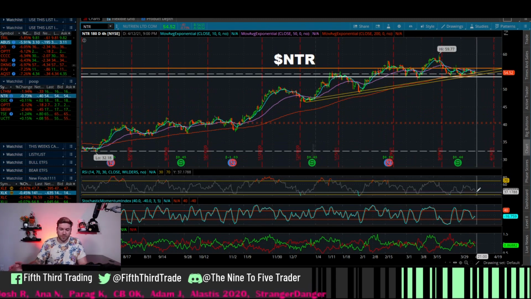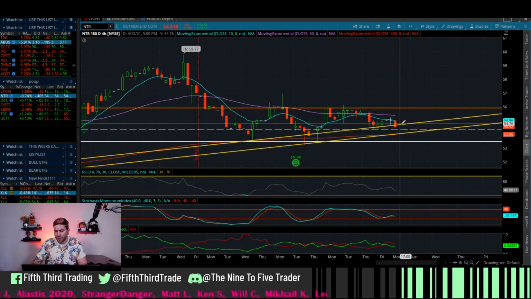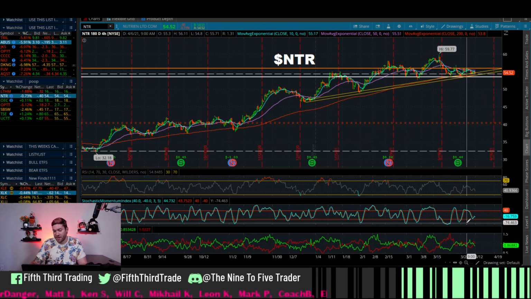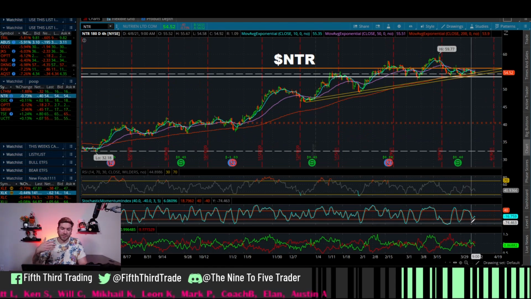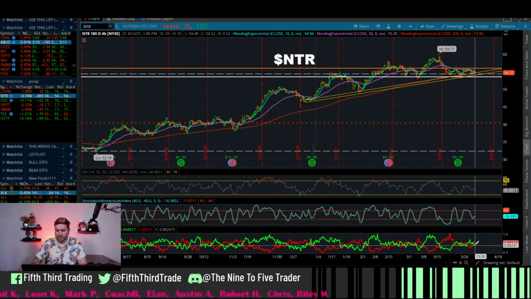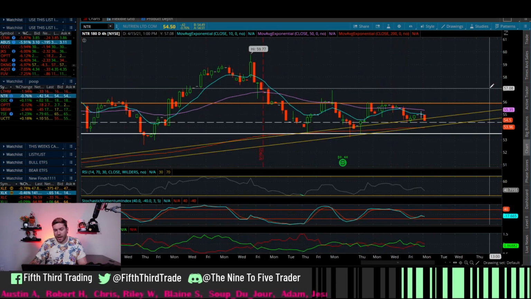RSI is low. Of course, it could be lower, but it is pretty low. That's pretty great. Stochastic was low, and it started to curl recently, and now it's coming back down. So we may be seeing a lower stochastic, maybe gets to like -74. If that's the case, that's the value. It could be a great buy there. And then it's consolidating. We can see bulls are losing some strength. Bears are getting overbought. We want to see the bears get a little bit higher and the bulls get a little bit lower to be the optimal buy-in spot.